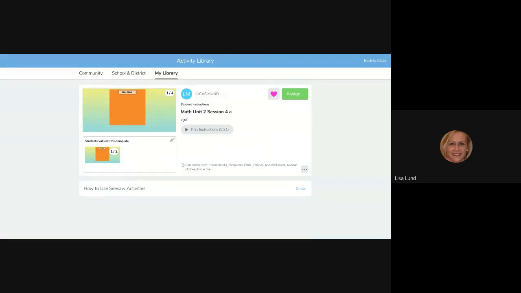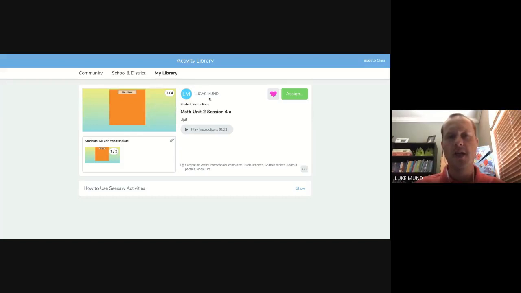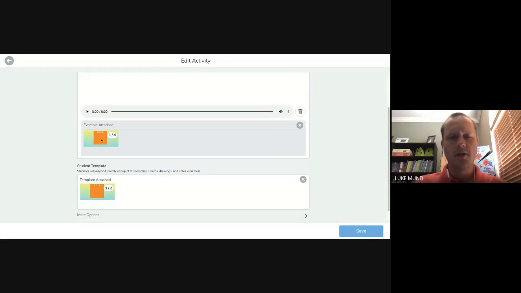So Luke, can you clarify the difference between the first example you did and the template, like adding an assignment versus adding a template? So I think the difference between activities and an assignment. Okay. Yep. So here I'll go edit an activity. Right here is my example, is what they call it, or instruction. And this is the teacher space that is not going to be copied for each of our students. The template that is attached will be different and will be where the students open up.